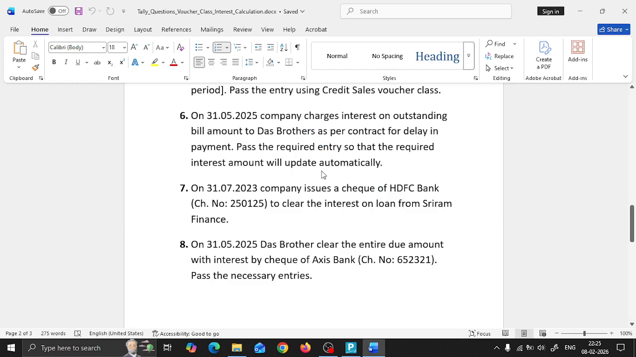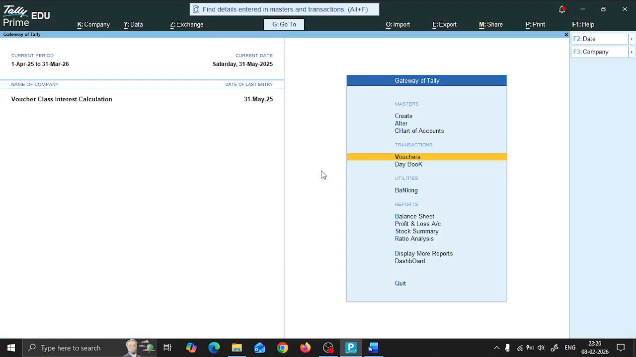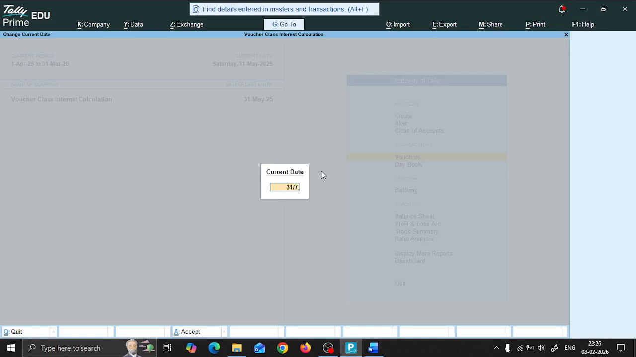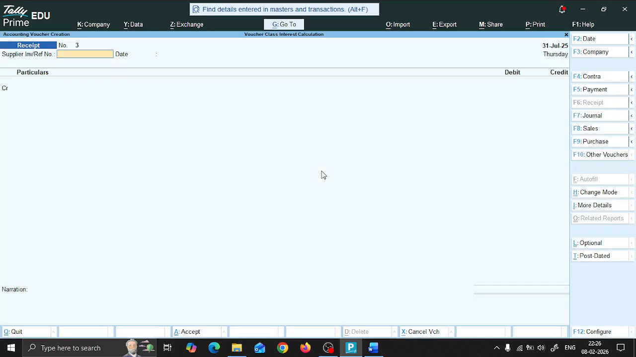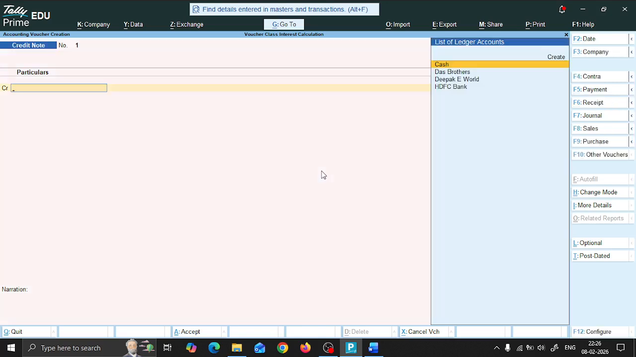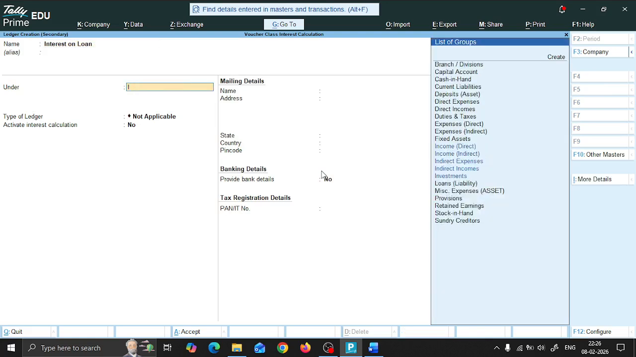Done. Now on 31st July, what happens? The company issues a check of HDFC Bank to clear the interest on the loan from Shriram Finance. Now for that, firstly we need to change the date to 31st July, and then we need to create a credit note so that we can calculate the interest. For that we'll go to credit note, which is Alt F6. Okay, and from that we'll basically do interest on loan account debit, interest on loan, which will be an indirect expense,